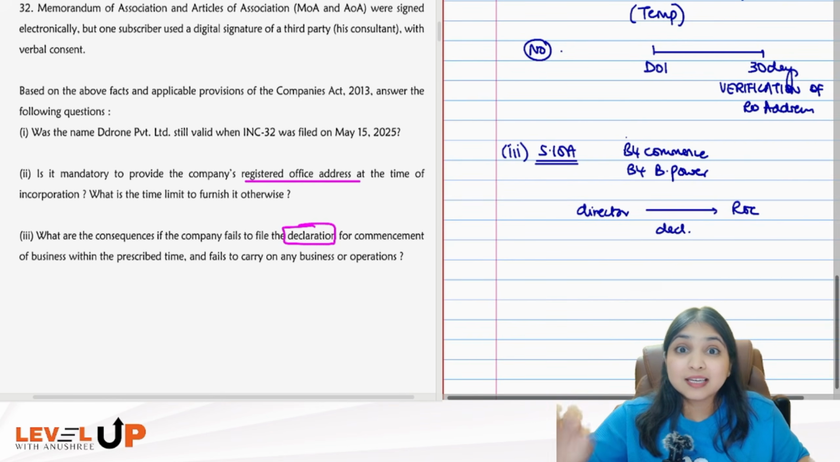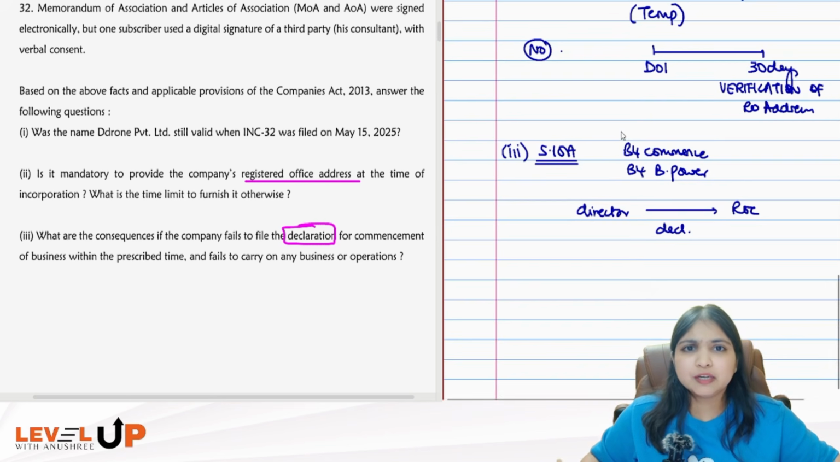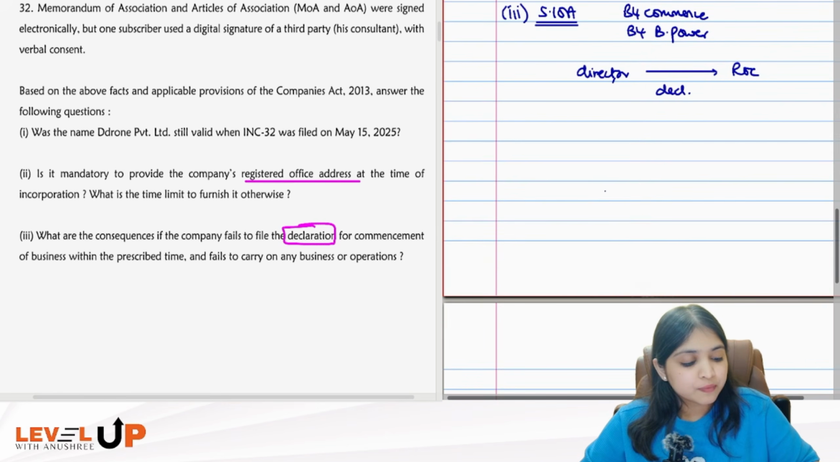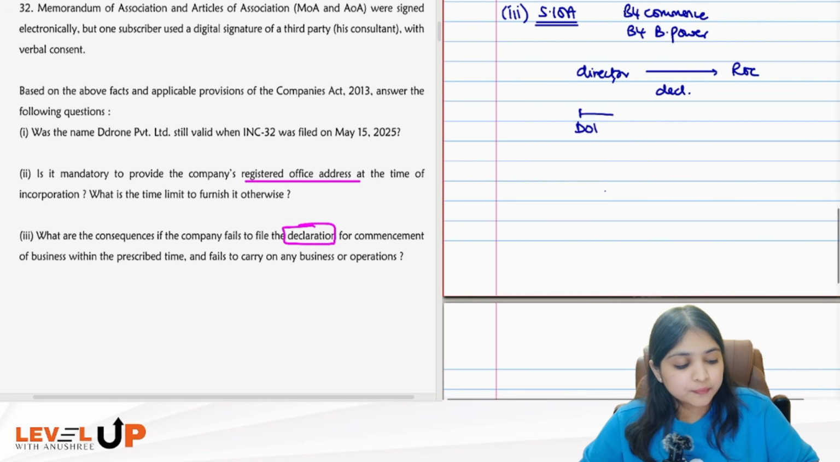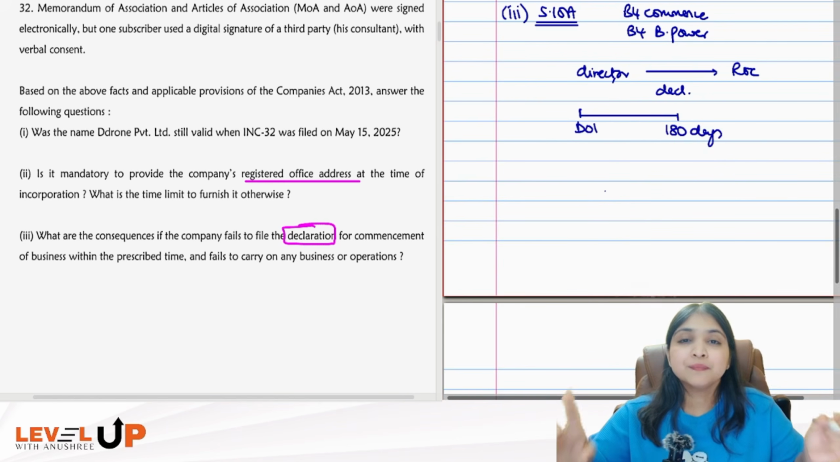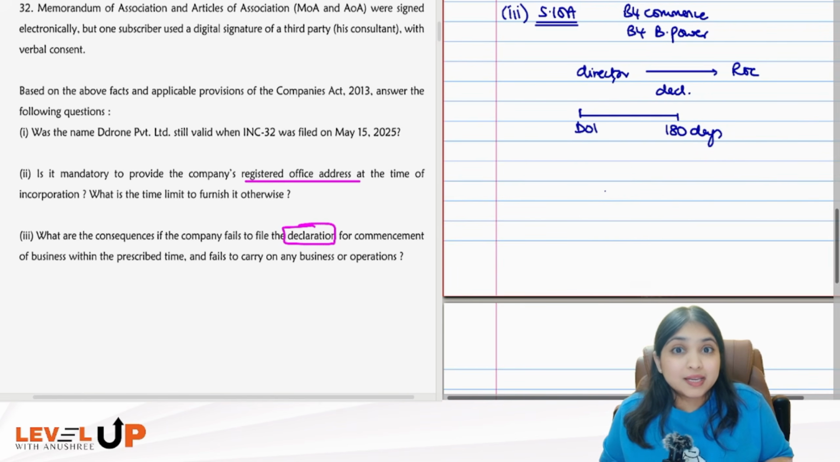A declaration saying that each subscriber has fully paid for the shares of the company. Now, this declaration has to be filed with the ROC within how much time? From the date of incorporation, within 180 days, this declaration has to be filed with the ROC. Understanding? So section 10A says, before the company can commence business, before the company can exercise borrowing powers, the director